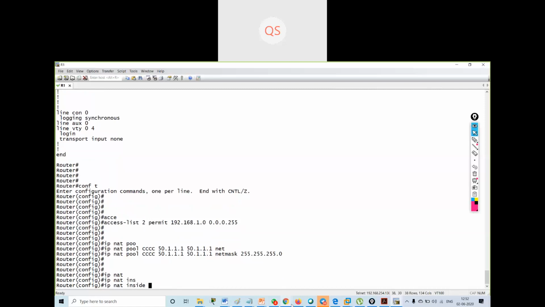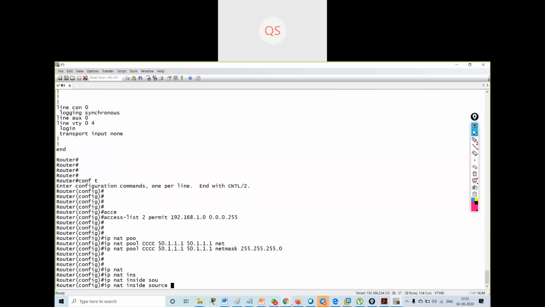Then IP NAT inside. Sir, one small doubt. Yes, you can ask. In port address translation, even a single laptop, for example, can use many services like Chrome and WebEx.